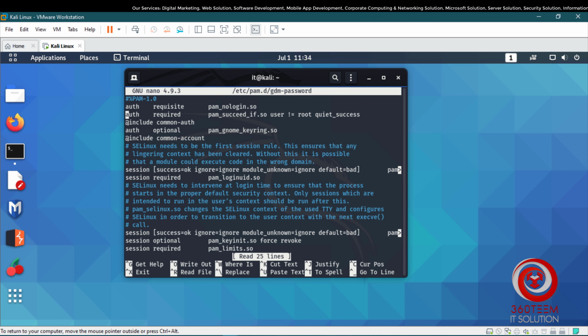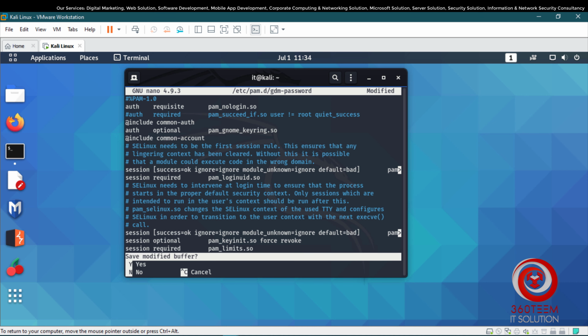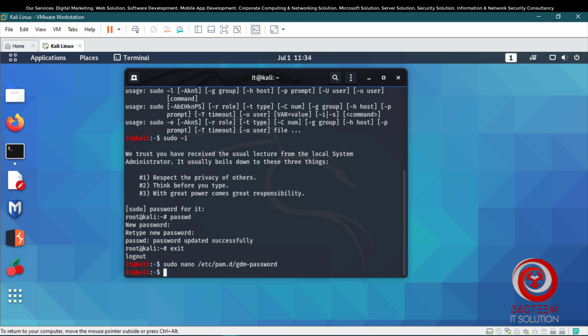Now here in this second line we have to just enter the hash to comment out the line, to activate the root user, and save and exit. To save the file we have to press Ctrl plus X, then for confirmation to save and exit we have to press Y and enter. Now the file is saved and we can log in via the root user.